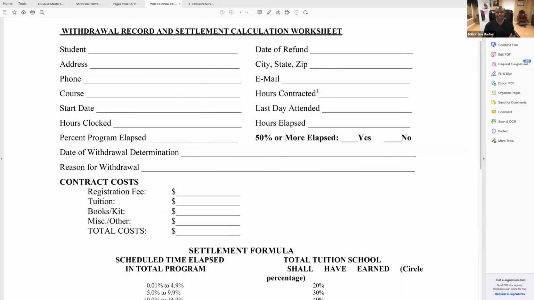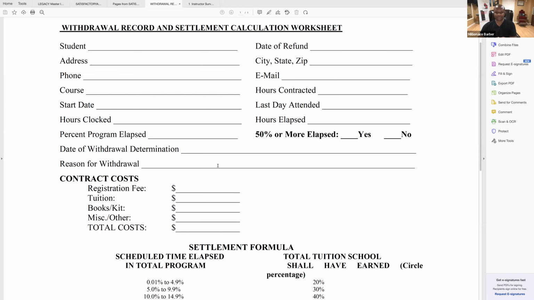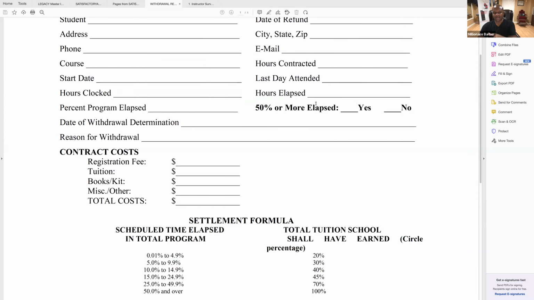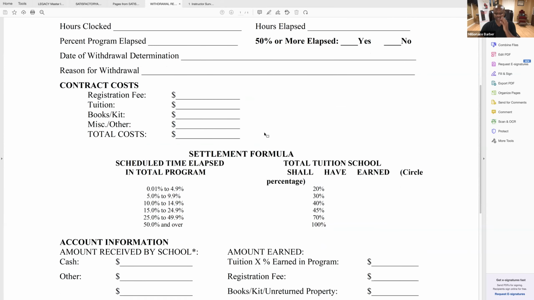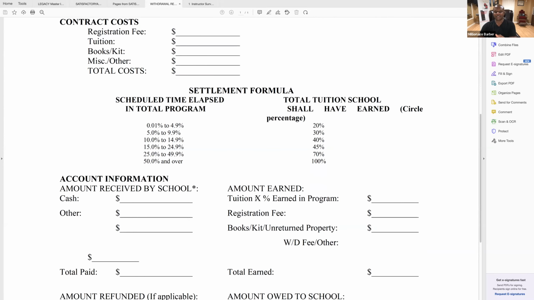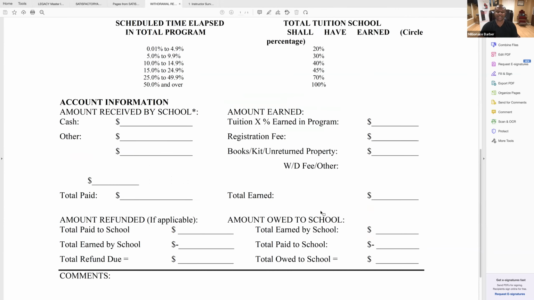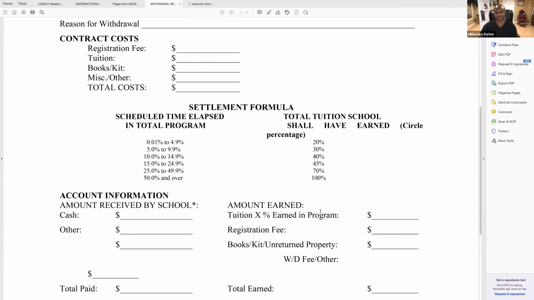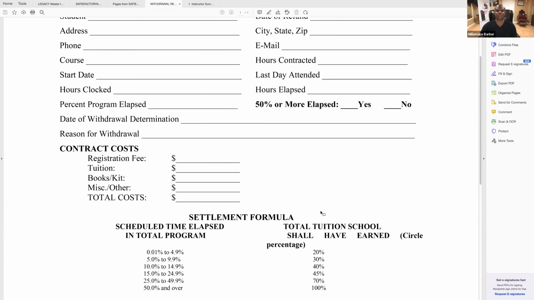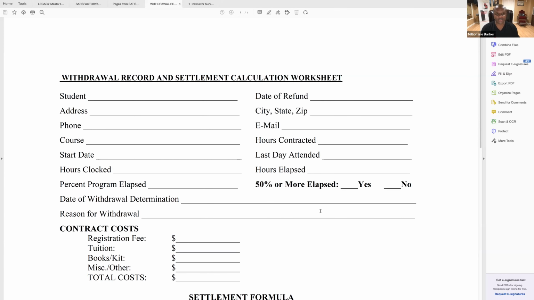Now, I'm not going to go through this refund calculation because that's a whole nother class. I got videos on that, and I have an example for you to follow that tells you the hours elapsed. It tells you how to get the tuition percentage earned in program, books and kit, unreturned property. It tells you all of this stuff down here. It breaks it down kindergarten style. Yes, it does. So it's very important because NACCAS is going to,